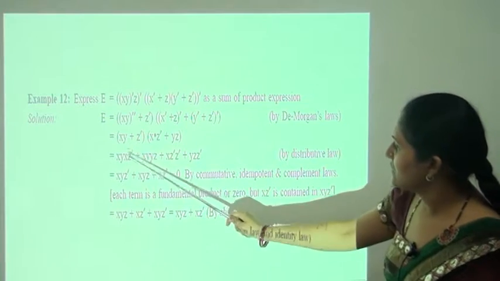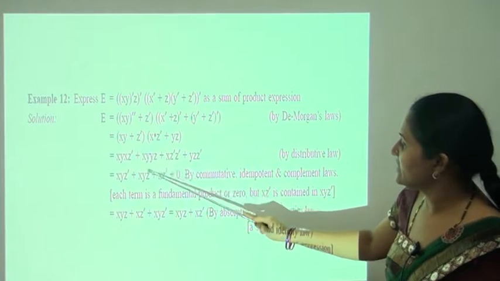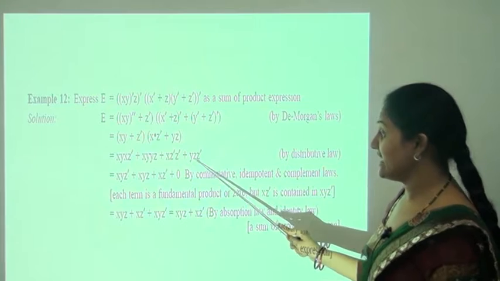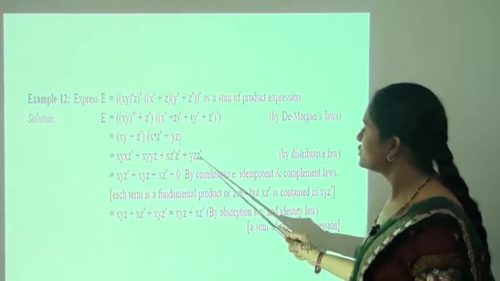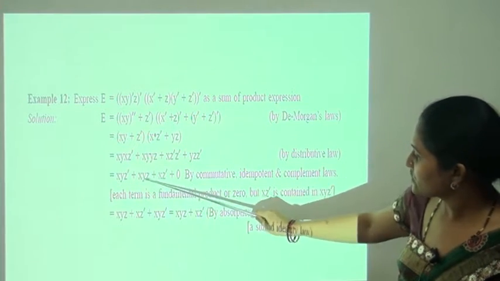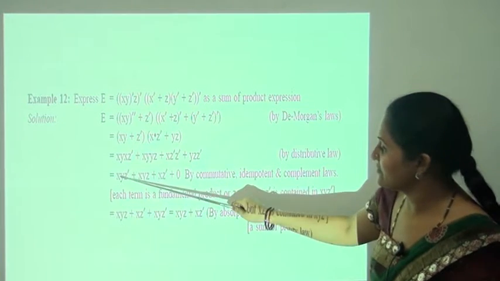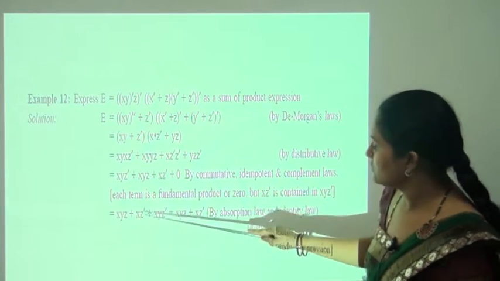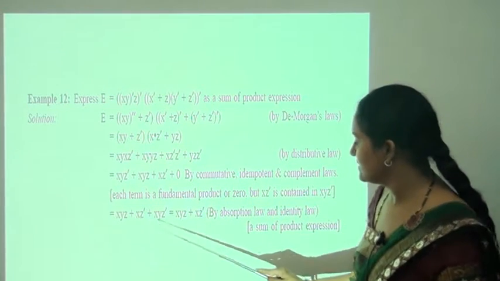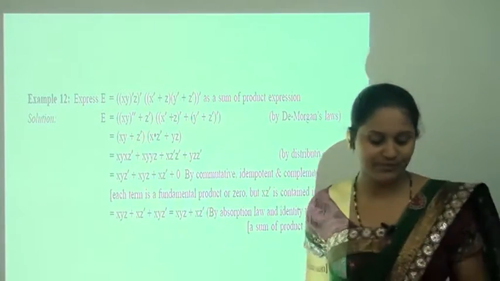This equals, here x is repeated, so xy zx; here y is repeated, so xy z; here zx is repeated, so x zx, but zx equal to 0. So 0. From this, xyz is there. In these two, xzx is also in this term. So using these two terms, we can write this as the first term and this for this. So this is the answer.